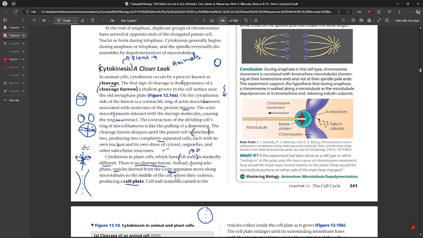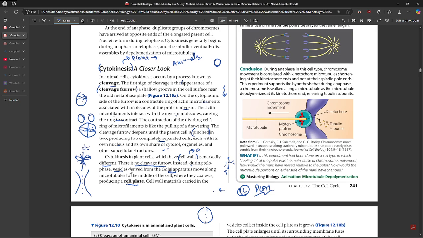So, now in telophase, rather than a cleavage furrow being formed after telophase is over to divide these two into two separate cells, you're going to have vesicles from the Golgi apparatus moving along the microtubules. So there are microtubules present from the sides, I'm guessing from the centrioles, to the inside. There are no centrioles in plant cells, if I'm not wrong. It's something like a PCAT or something like that. They're going to move the enzyme, the